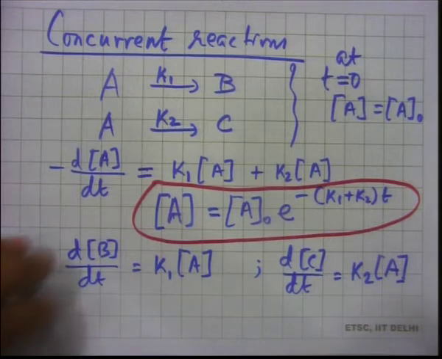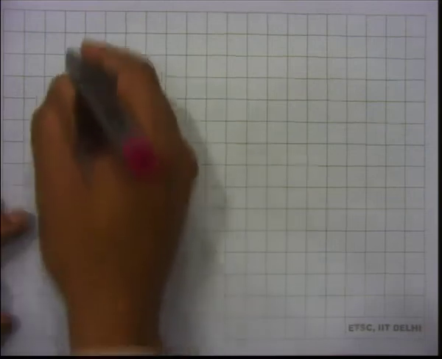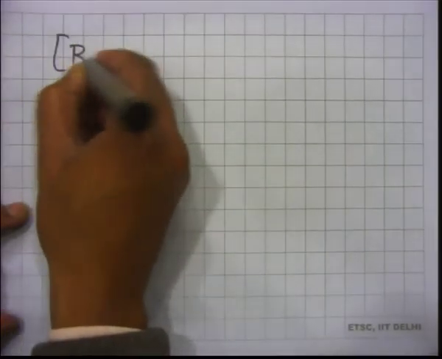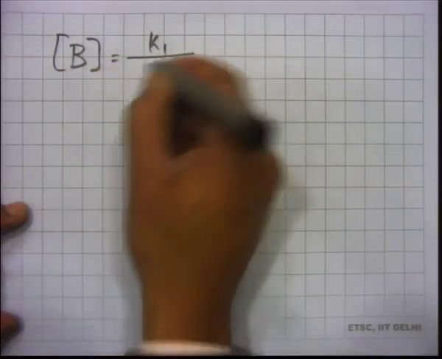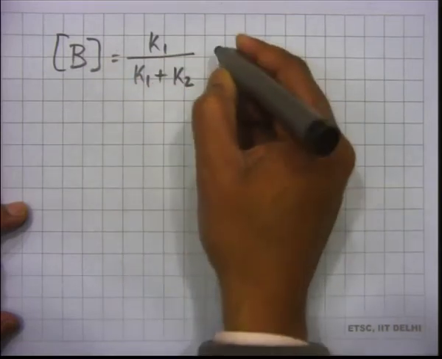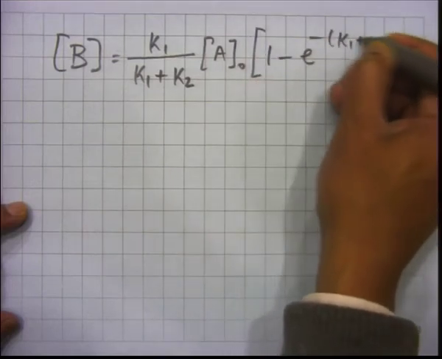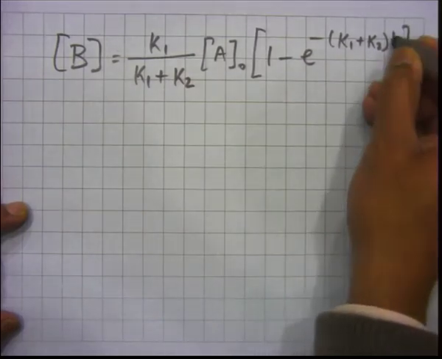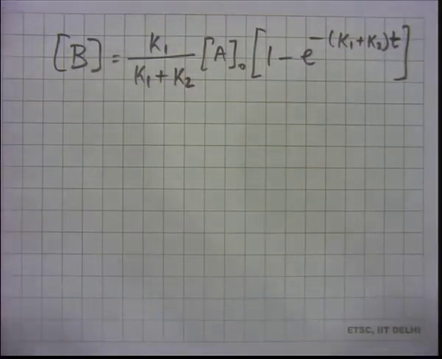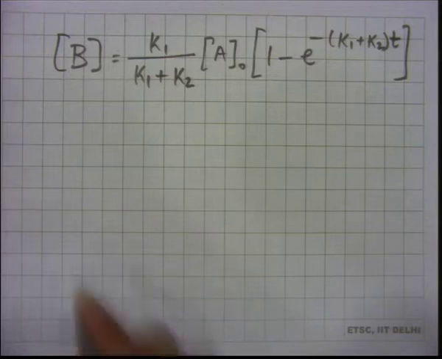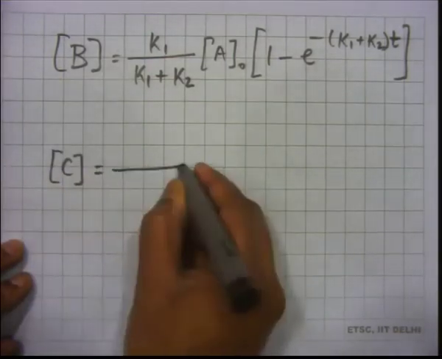But in class, to save time, I will just give you expressions for B and C. So, after integration we will get concentration of B and concentration of C is